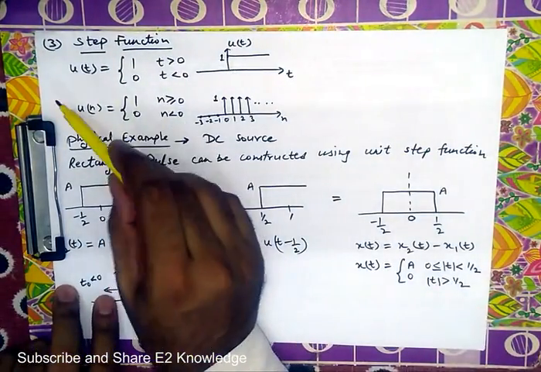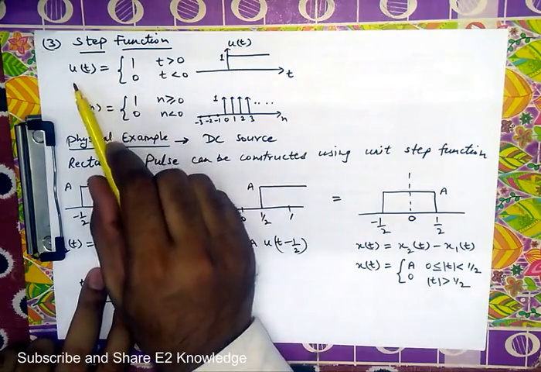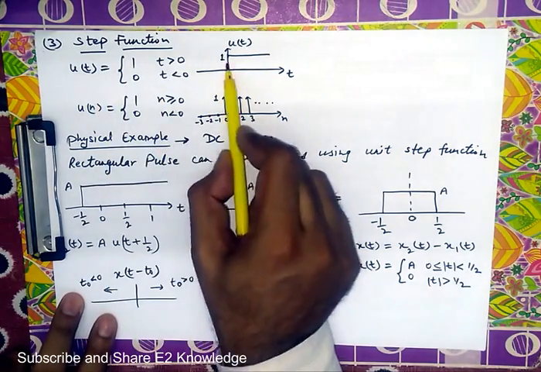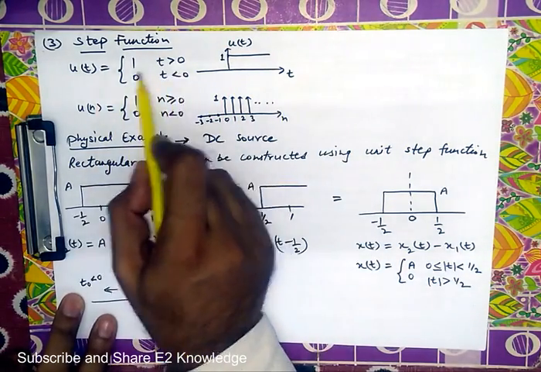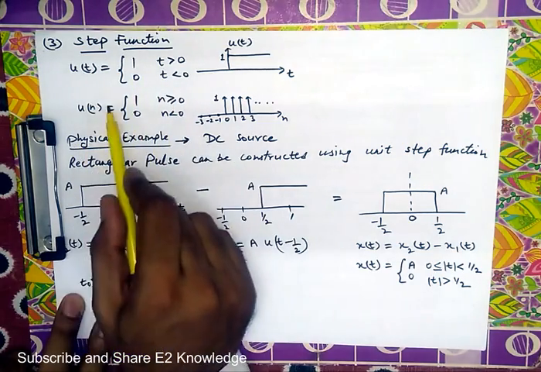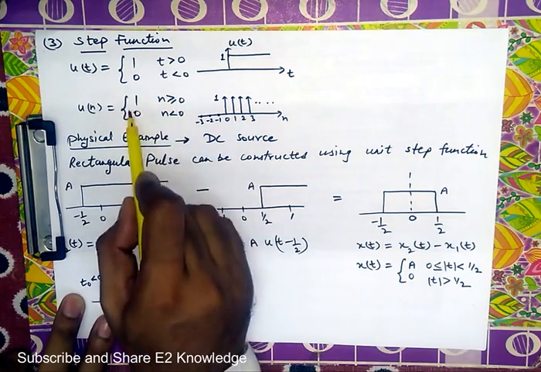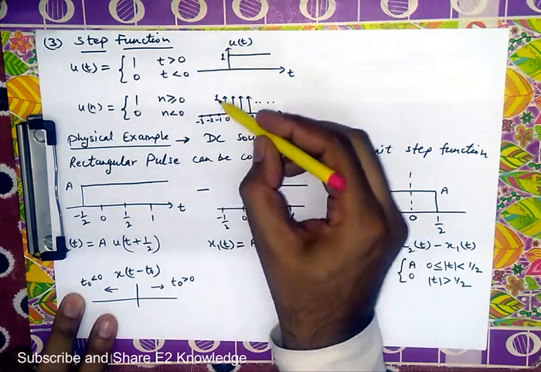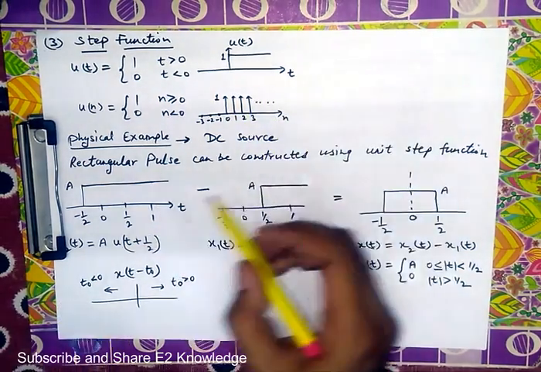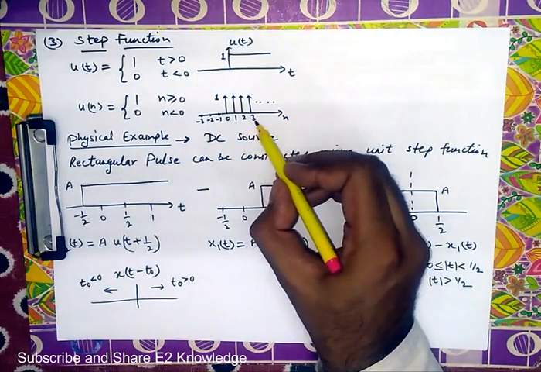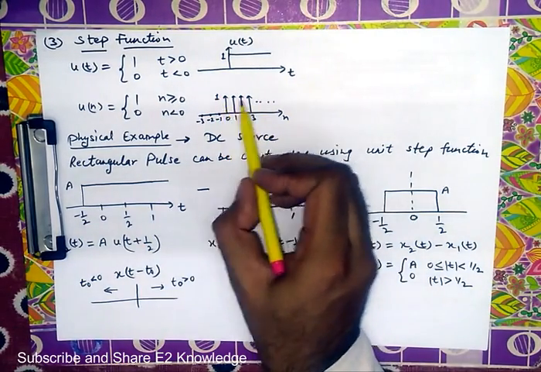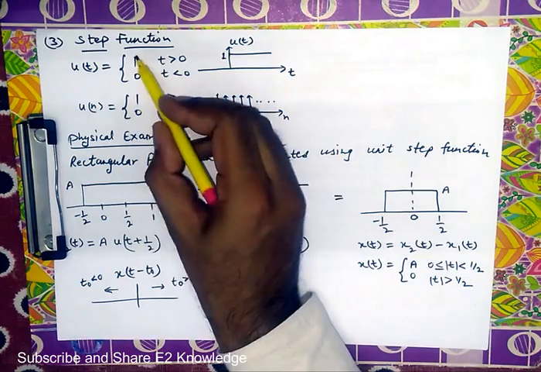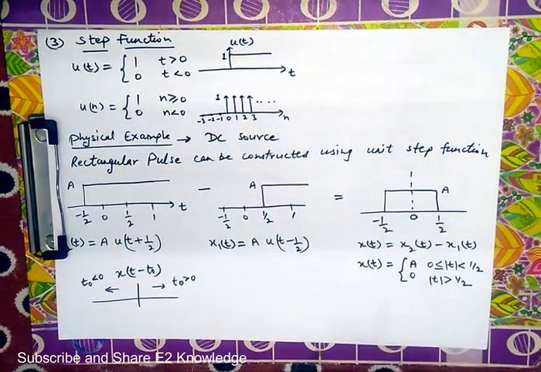Third is the step function. We call it unit step if we have unity as a magnitude, otherwise it is a step function, that is an abrupt change in amplitude. When t is positive, it is 1, when t is negative, it is 0. In discrete time domain, again, when n is positive, it is 1, and when n is negative, it is 0. In continuous time domain, we show a straight line, and in discrete time domain, we show it with the help of samples at the 0 position, 1 position, 2 position and so on, and all samples have an equal magnitude of unity. If it is not a unit step function, then it must have some amplitude, suppose A, and you can write it here as A.